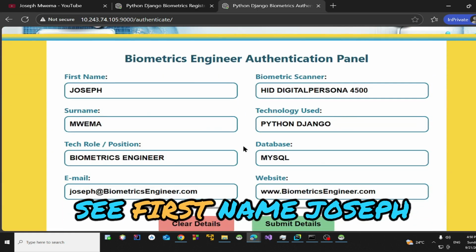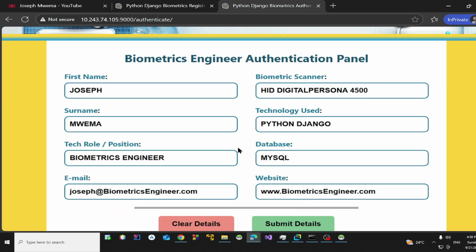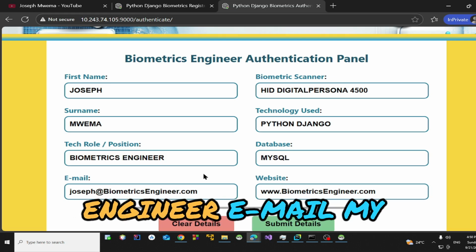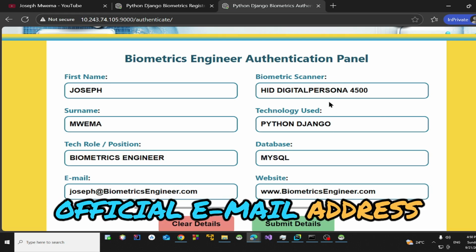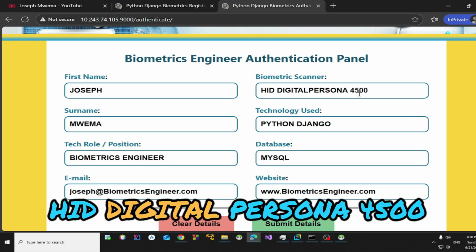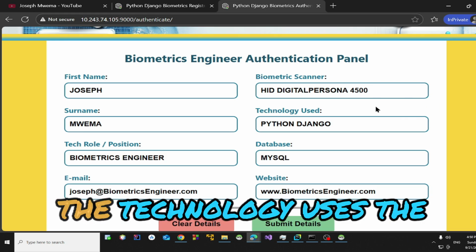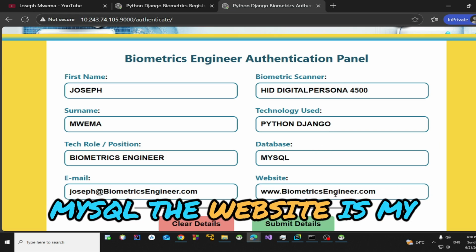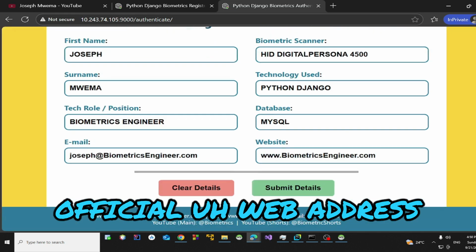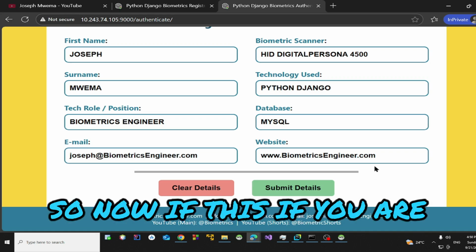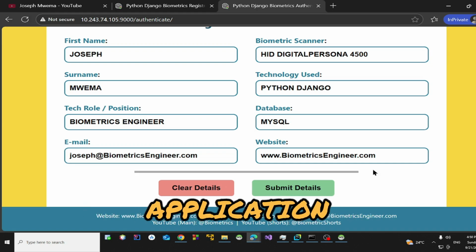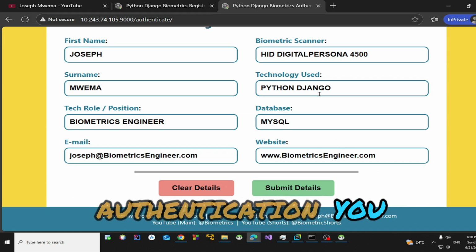So you can see first name, Joseph, surname, Mwema, tech role, biometrics engineer, email, my official email address, biometric scanner, the HID DigitalPersona 4500. The technology uses the Python Django, database is MySQL, the website is my official web address. So now if you are integrating this in your Python Django application, you would now after the authentication,